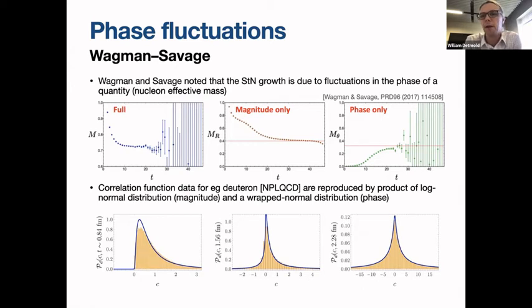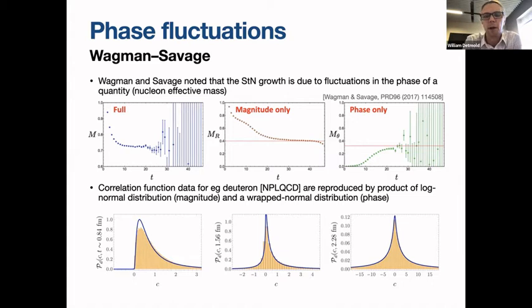And if you take these two effective masses for the magnitude and the phase and add them up, you get the full effective mass. But the point here is really this breakdown of where the noise is going. So you can do more. You can look at the statistical distributions of magnitudes and phases, and you can look at moments of these